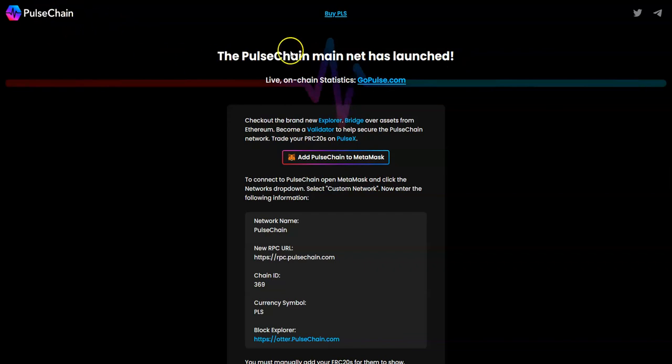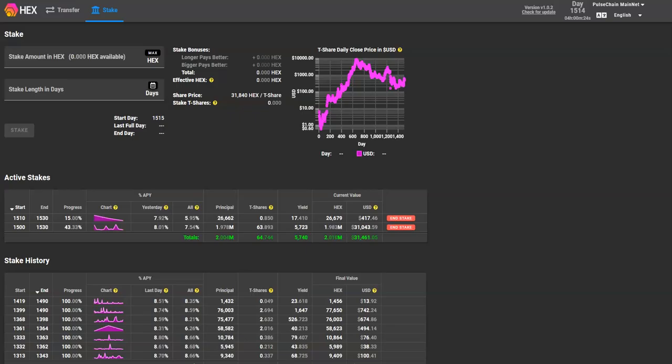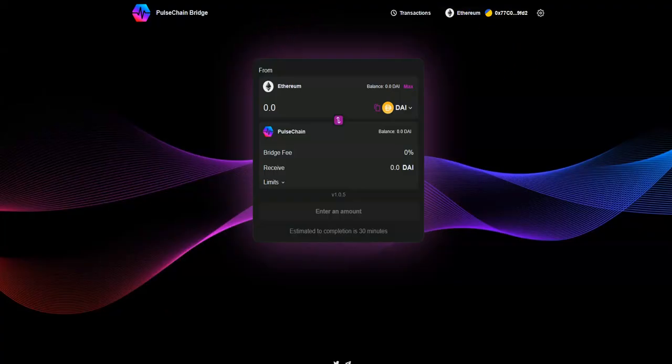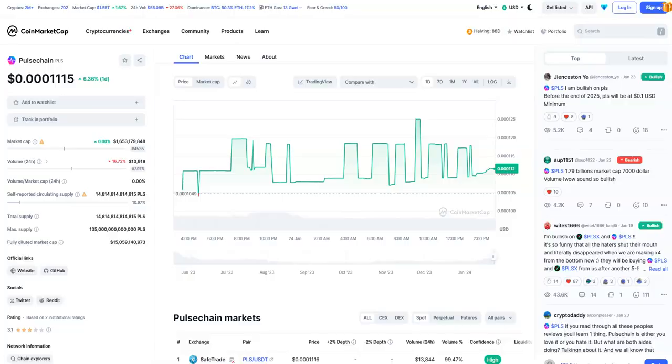PulseChain is a Hex. The Hex is using the PulseChain network. Hex is 4 years old now. Never had any flaws. It's been working flawlessly. No inflation bugs. Very secure. And you can make it more secure by doing it through your MetaMask or Trust Wallet or a hardware wallet. In a hardware wallet, I'm going to take you to,